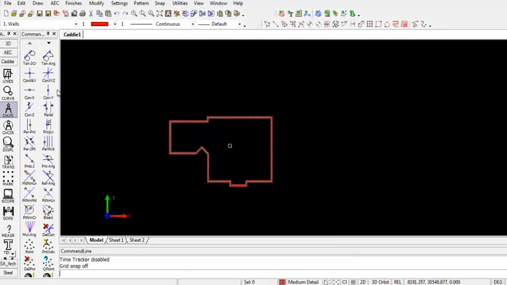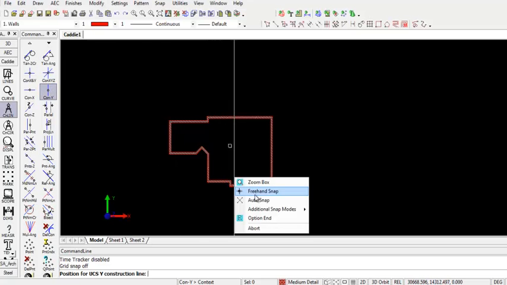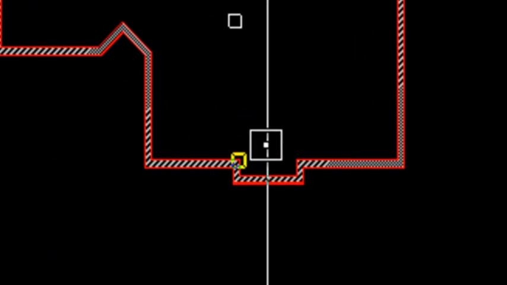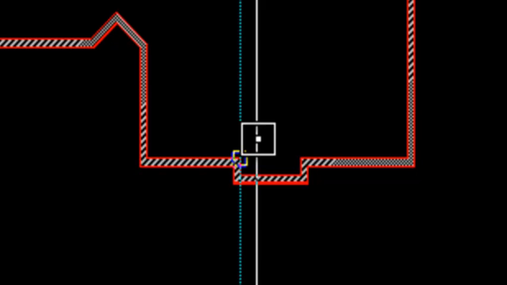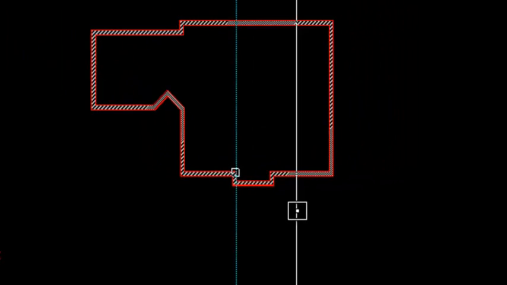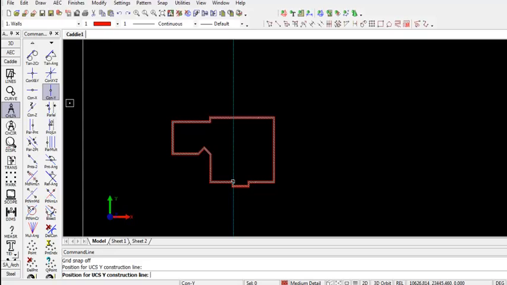From the applications menu, select construction lines and vertical. Carry prompts for the position, and I will select auto snap by selecting right click, auto snap, and I will select accurately on the edge of the wall. The blue dotted line is my construction line, and now I want to offset that and put it with a